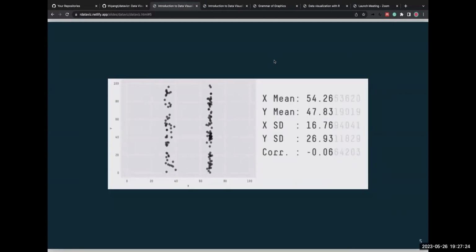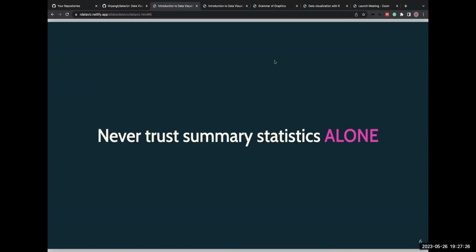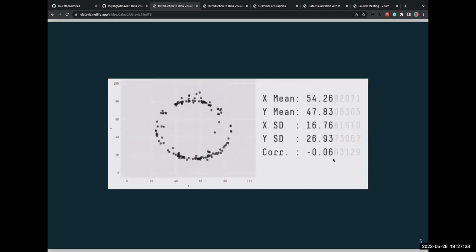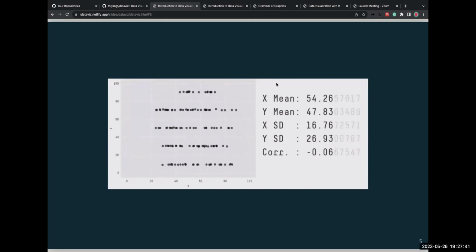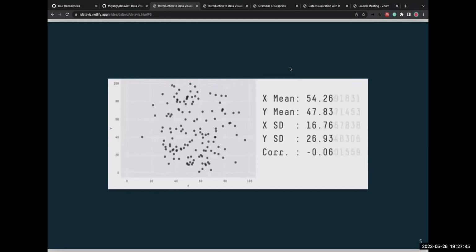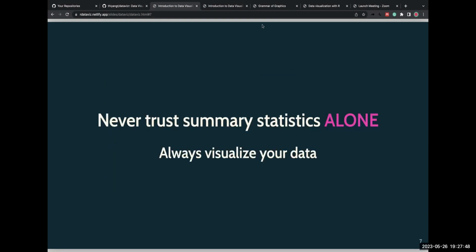So what I wanted to highlight is never trust summary statistics alone. Always visualize your data. Sometimes somebody gives you this: I've got 16 data sets, and these are the summary statistics. If you rely only on the summary statistics, you would think all of the data are identical. It may or it may not. In order to verify that, you should